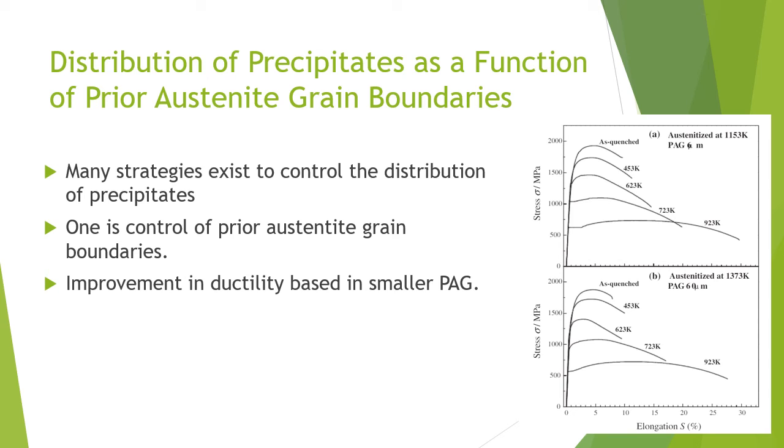Another way to control the distribution of cementite is by controlling the size of the prior austenite grains. The figure to the right shows two stress strain curves for a couple of different prior austenite grain sizes. The various curves represent martensite tempered at various temperatures. As can be noted, there is a slight improvement in ductility based on those which were quenched from smaller prior austenite grains,